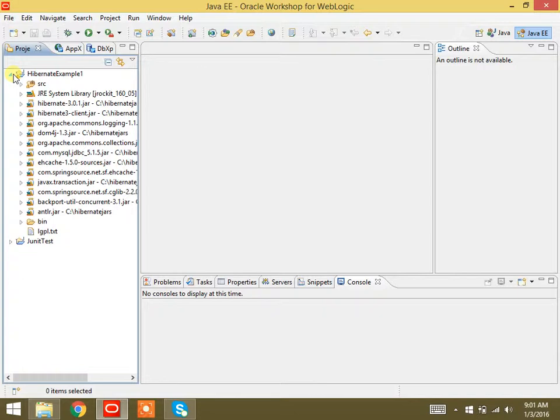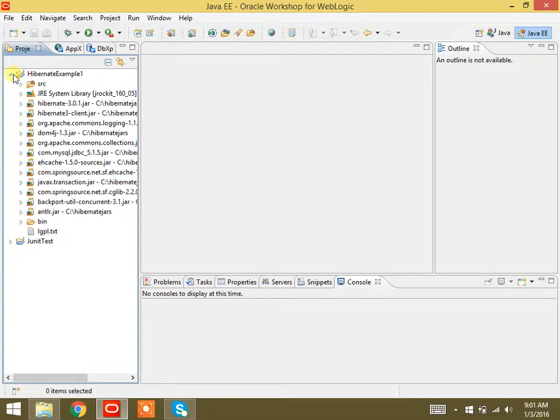Correct. Now, when it comes to Hibernate, we have a certain list of jar files which are required for performing the operations. I think I have explained about XML for you. In Hibernate, we write all our configuration details in hibernate.configuration.xml.